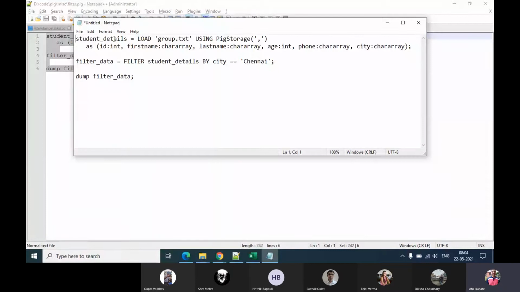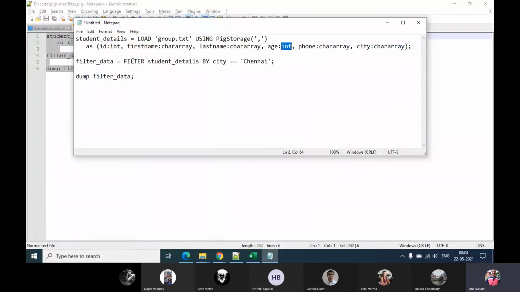There's one change from the example that we saw last time. Here, in a couple of places, the data type that we are using is int. Last time, all the data types were chararray, that is string or text. But here we are using a data type called int.